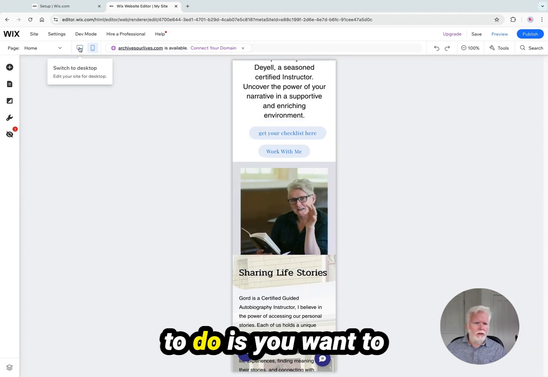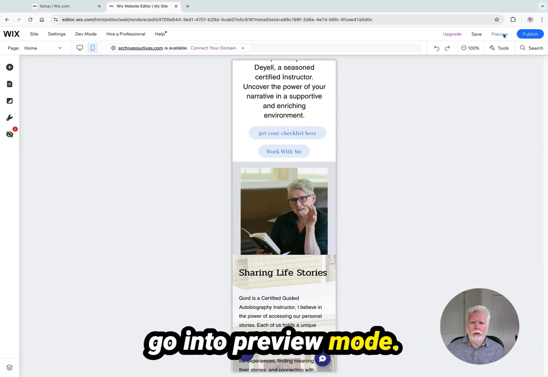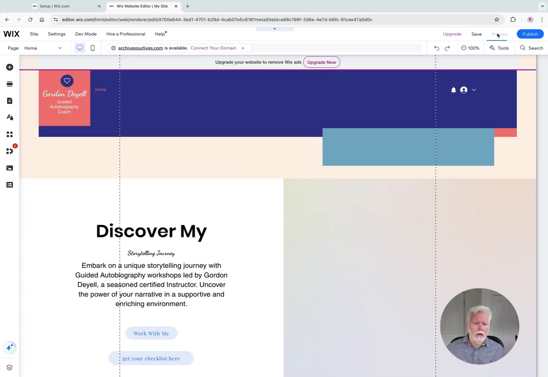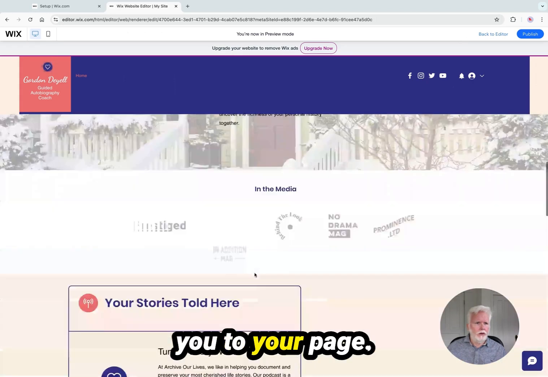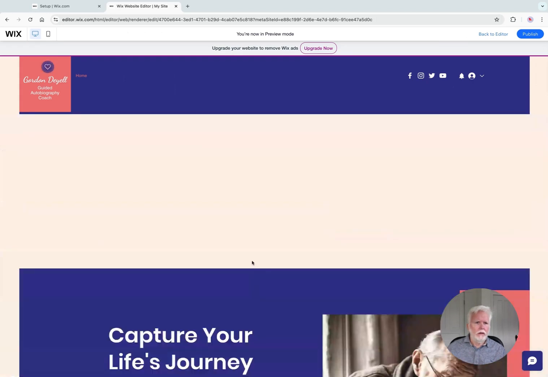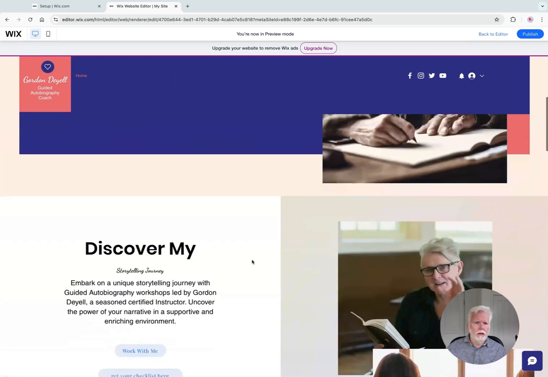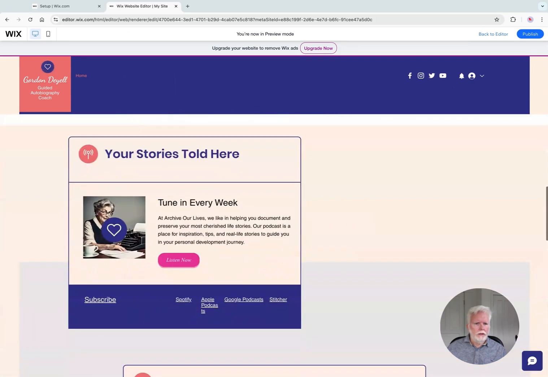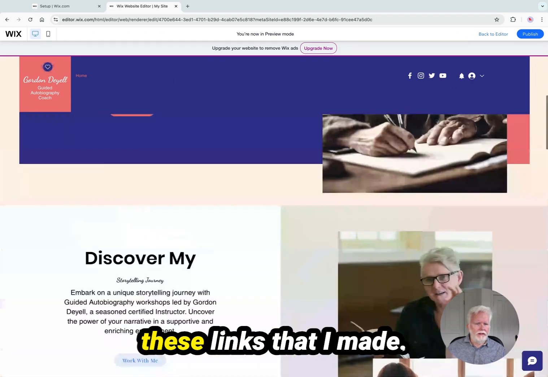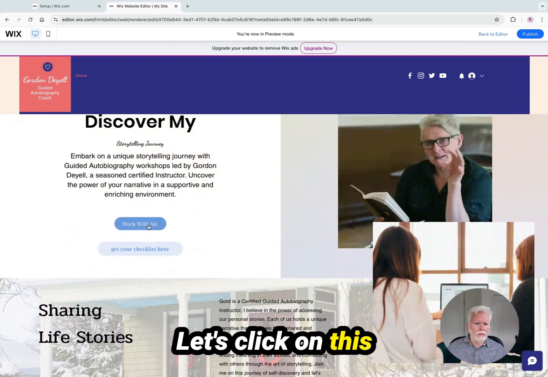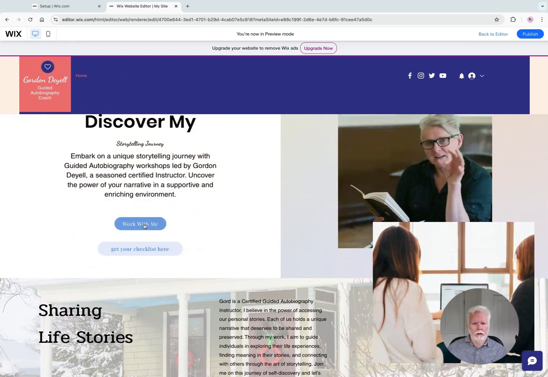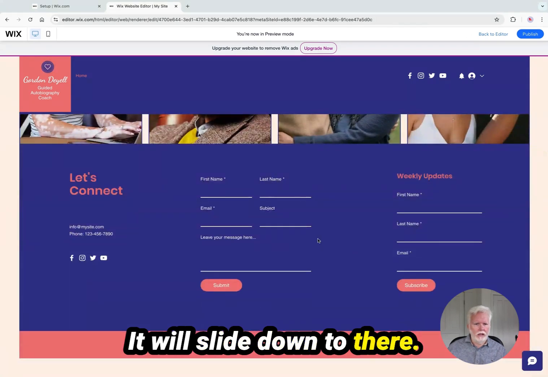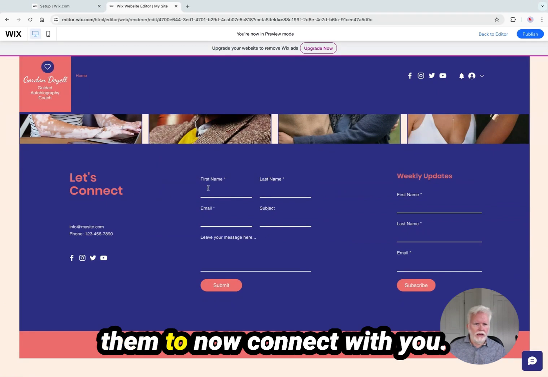And then what you want to do is you want to go into preview mode. Here, let's click over at the top right. And now this will take you to your page, right? So let's click on one of these links that I made. Let's click on this work with me. What happens then? It will slide down to there,